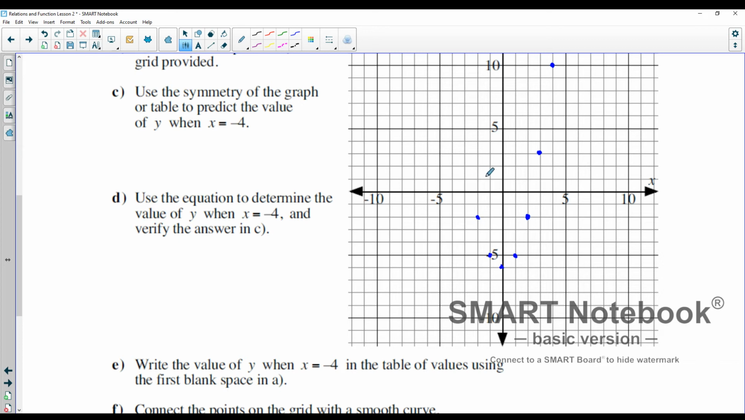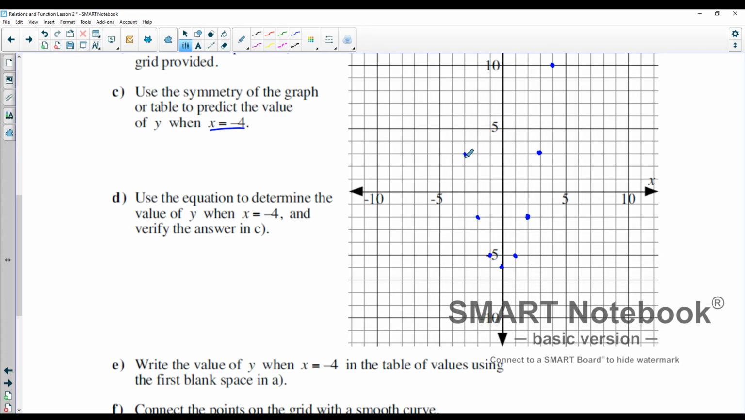And then we have negative 3 comma 3. So we go 3 to the left and we go 3 up. So located right there. And then we have negative 4 comma 10. Oh no, we don't have a point there. We have to do that in a second. Okay, it says use the symmetry of the graph or table to predict the value of y when